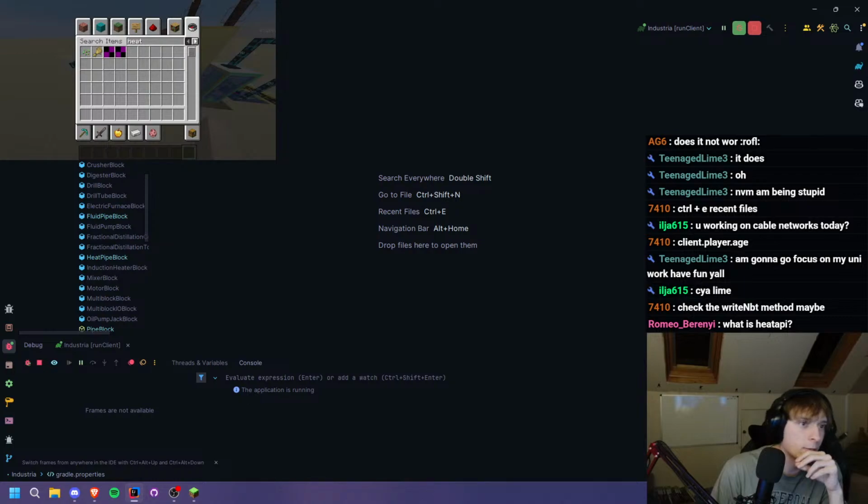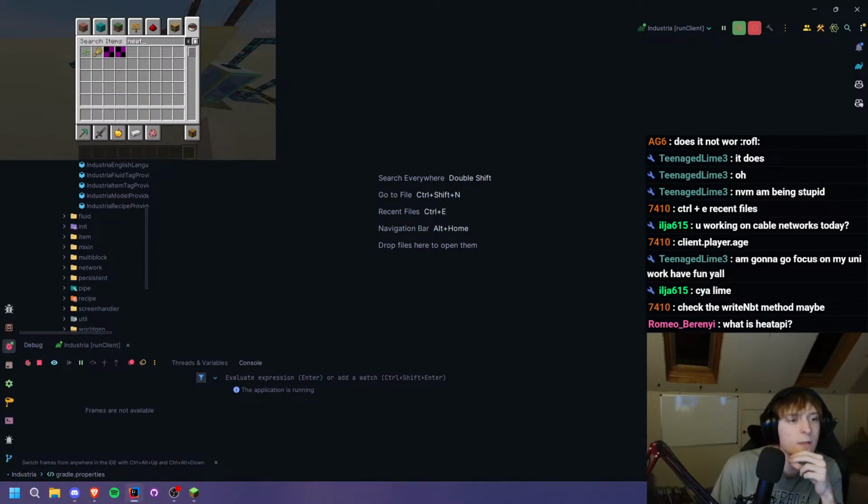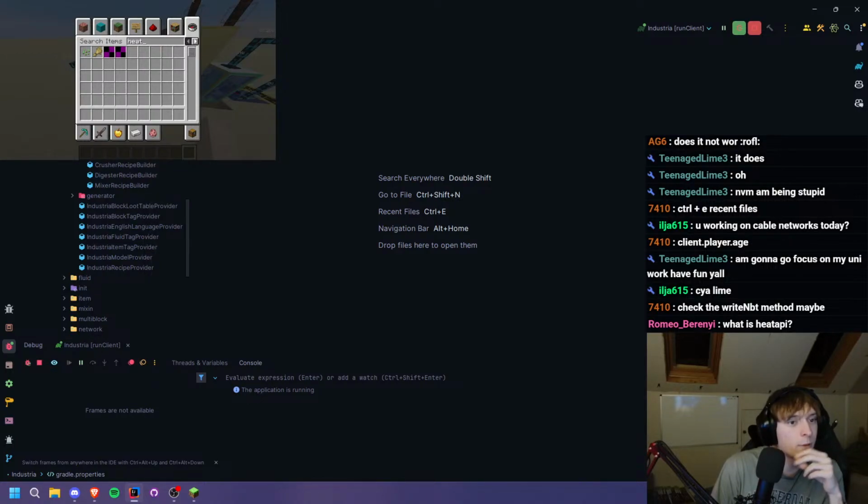It's not great, to be honest, and I think I might do a quick rewrite of it again at some point. The thing is, I should probably rename it because it's called Heat API, but it's technically a temperature API. So I should probably rename it to Temperature API. It's not actually heat, it's temperature. Yeah, well, I don't know. Maybe I won't rename it. Misleading if you know the difference between heat and temperature, but if you don't know the difference, then